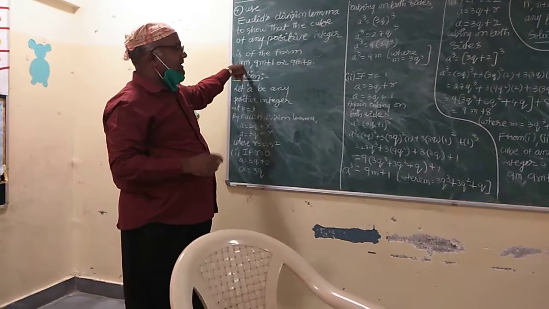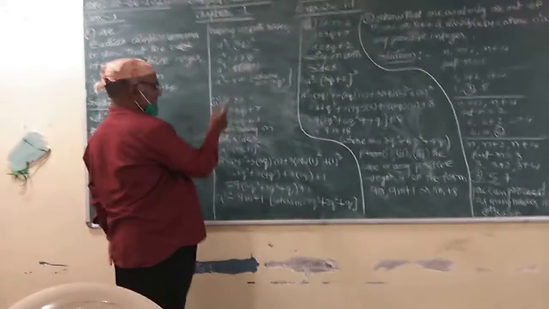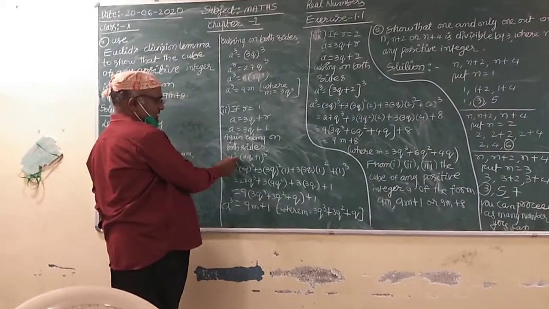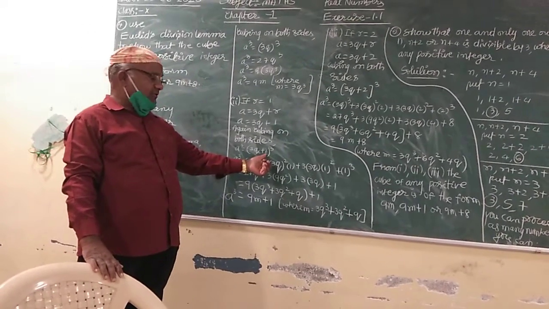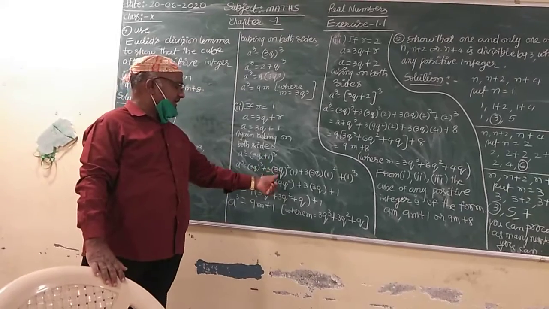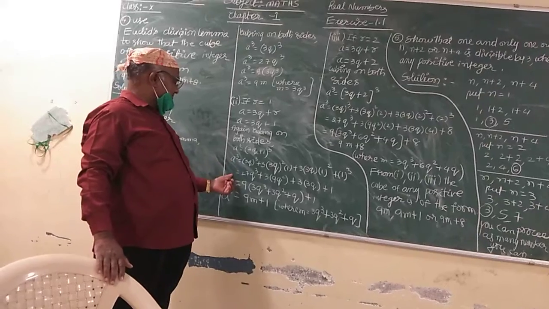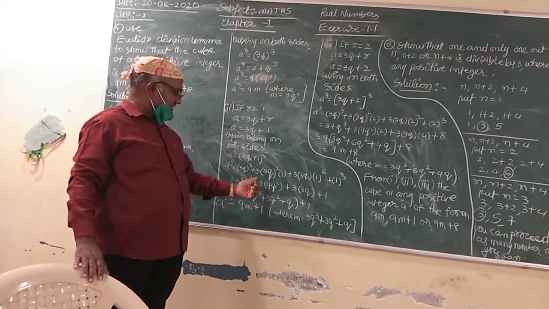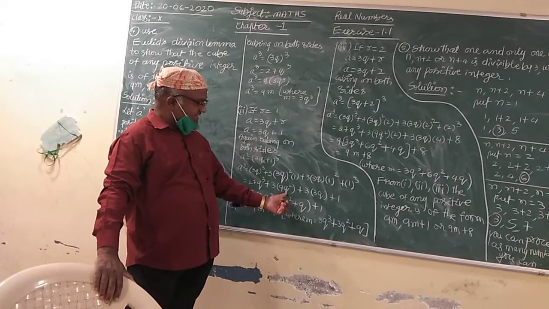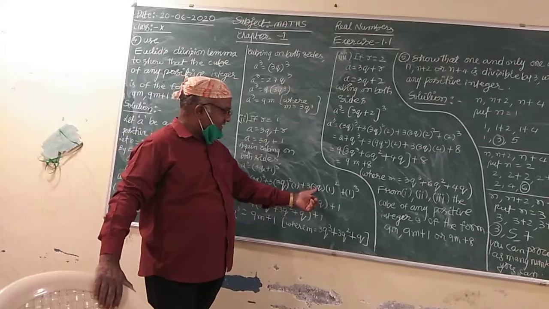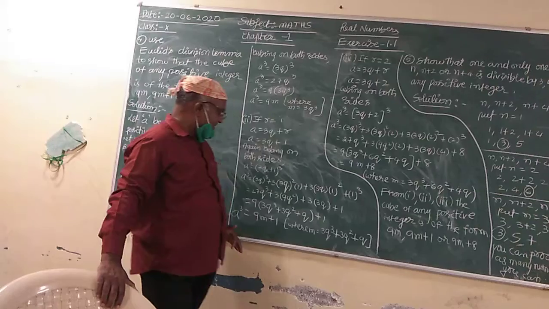We got the first one. Similarly, in the place of r, I took 1. A is equal to 3q plus 1. Again cubing on both sides, a cube is equal to 3q plus 1 whole cube. This is in the form of a plus b whole cube, which gives us a cube plus 3a square b plus 3ab square plus b cube. A cube is equal to 27q cube plus 3 into 3q square, which becomes 9q square, b is as it is. 3 3s are 9q, 1 square is 1, 1 cube is again 1.